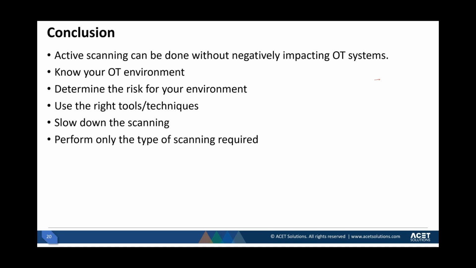Let's say your organization's policy is that every month you will scan the network and gather the information of all the devices and then compare it with the asset inventory you have to make sure that there is no unauthorized device on the network, then do it once a month. If your policy is to do it once a week, do it once a week. So it's not about a guideline or a standard that says thou shall only do it once a week. It depends on your need. Do it once a day, no problem, as long as you take the precautions that are on the screen.